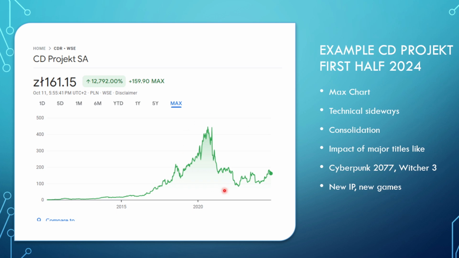So you see this chart. It's set on max chart. It's trading basically sideways. If you look from 2007 now to 2024, we see a form of consolidation here, and also the impact of major titles. You see Cyberpunk, Witcher was coming out, I think, in 2016. So the stock was going up, and then Cyberpunk was coming, big announcement, and then problems with Cyberpunk. We reach a top and we fall, and then we had the bubble burst, and the share fell to like 70, 80 Polish zloty. So now we have new IP, new games, new Cyberpunk, new Witcher games coming. So now is the question if we go like this.